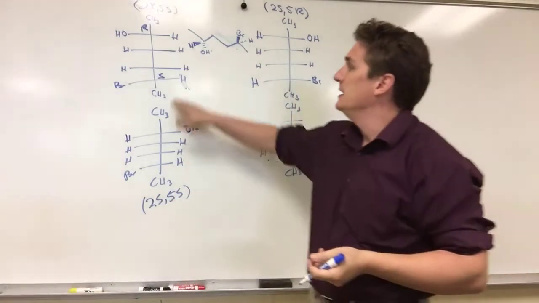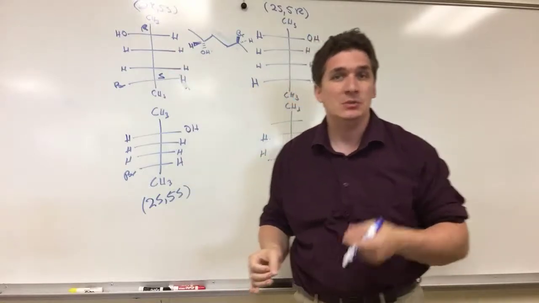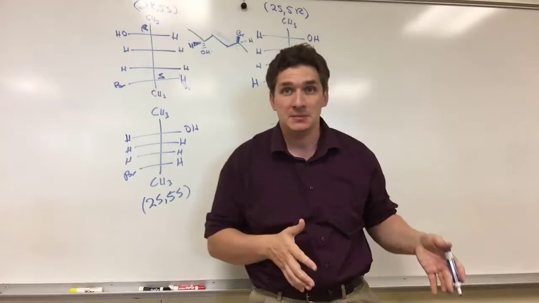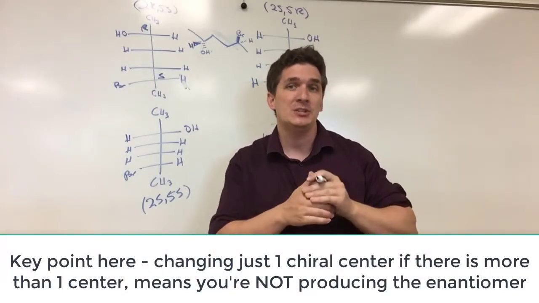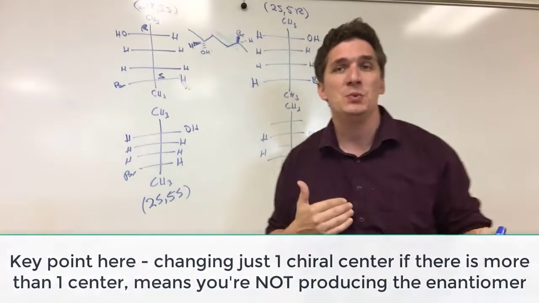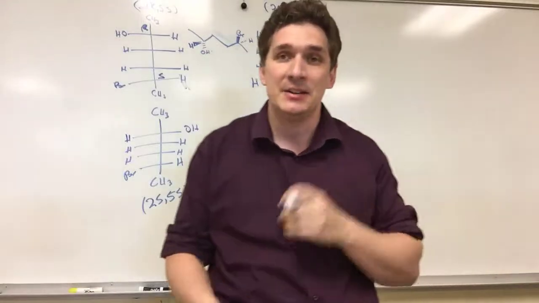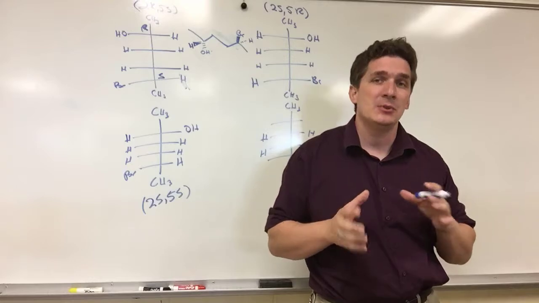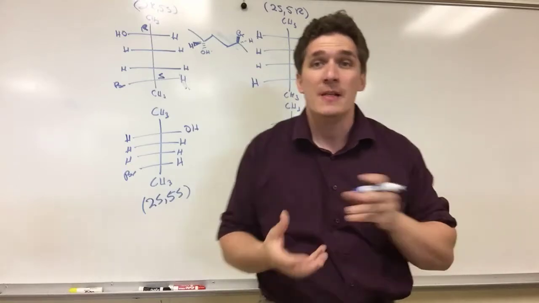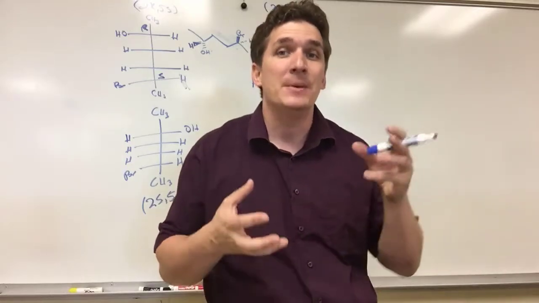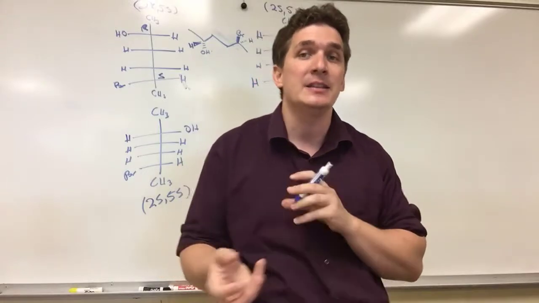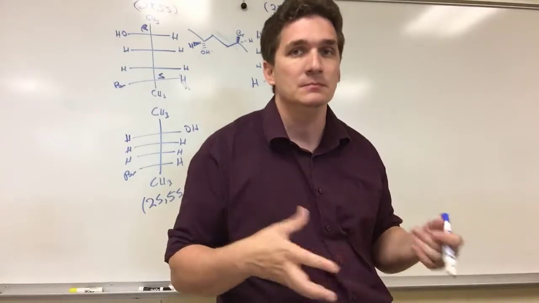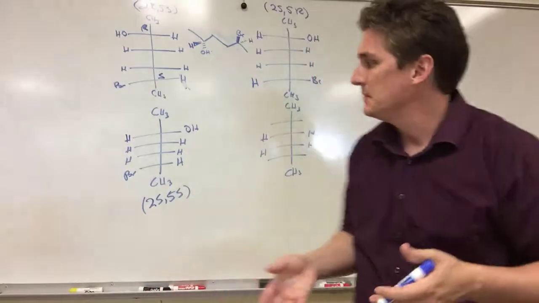But here's the problem. Changing one chiral center when you have more than one, you don't get an enantiomer. Enantiomers only happen if you change all the centers at once. If you only change one, what you end up with is a diastereomer. A diastereomer is basically what happens if you take a multi-chiral center molecule and only change one. They are not mirror images of each other, but they do have different chiralities. They do have different R and S notations for their different chiral centers. Now,